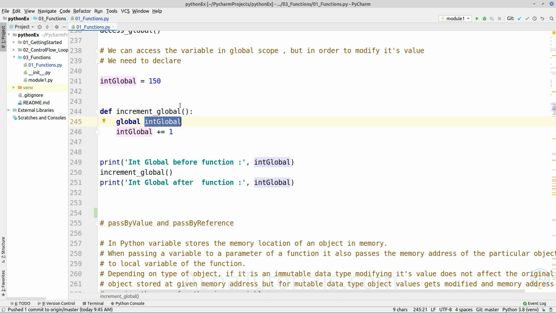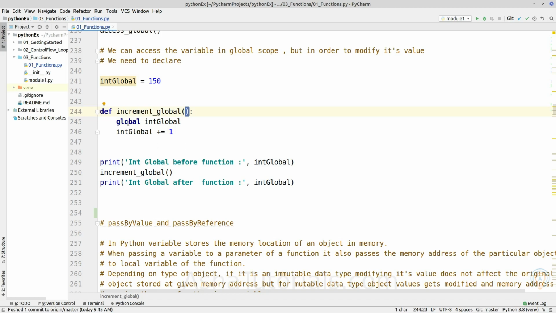So if you are modifying a global variable inside a function, be careful. It is not a good design choice. You should consider an alternative for accessing that variable. You can also pass the same variable as a parameter of the function.